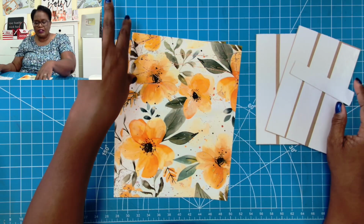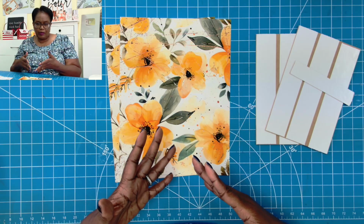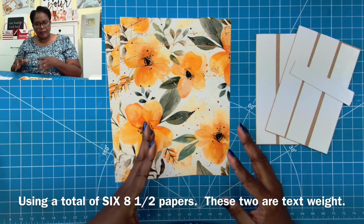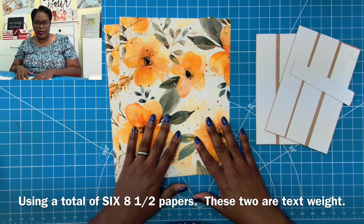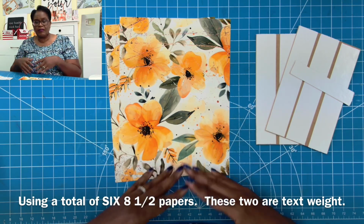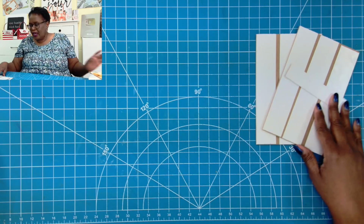So I also have 2 pieces of 8.5 by 11. This is a text weight paper that I'm using. By text weight, I mean it's light enough to run through your printer very easily. This particular paper here is the consistency of copier paper. So I'm going to set this to the side for just a moment,